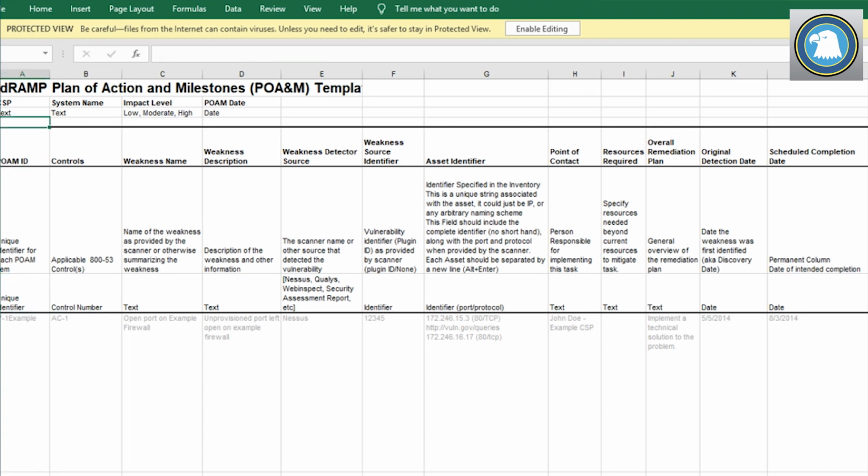So in this configuration here, what they've done is you put all your information here below. So right here they have unique identifier, plan of action ID. Plan of action ID is because, especially in large environments, you might have 15 or 20 or 100 different plan of action and milestones, depending on how large your organization is. And then you want to put what control